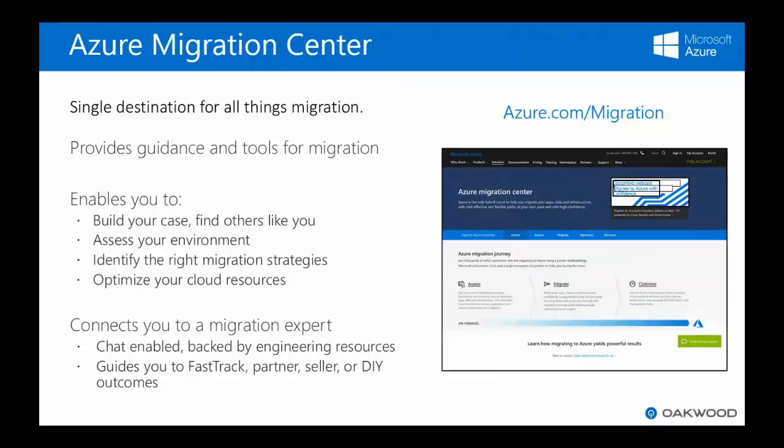So Azure Migration Center, which is the new version of Azure Migrate that has come out. One of the biggest things that we always understand with clients is it's very challenging and intimidating to think about the transition of your business critical environments, investments, and workloads into the cloud itself. One of the biggest goals here at Oakwood is to ensure you feel confident when migrating, know the options that are